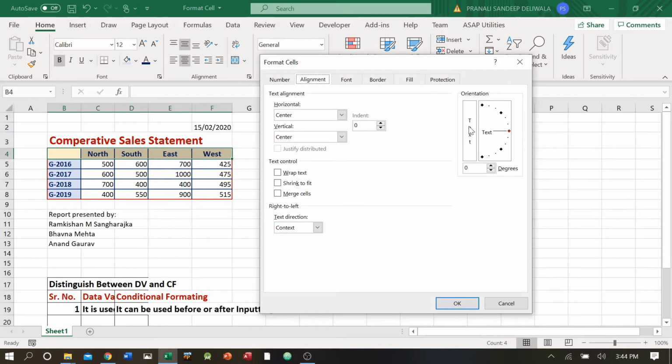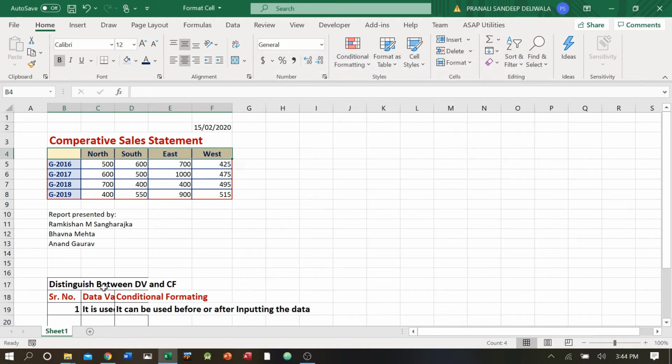You can make the orientation vertical, and you can select the 3 by 3, 9 combination also. There are other choices available. You can see here I have written "report presented by". This is the size of the box, but the sentence is made up of two cells and it is covered in one cell. If I type something over here, that part will be removed or not visible. Actually it is already there, "report presented by", but this part is covering this text.